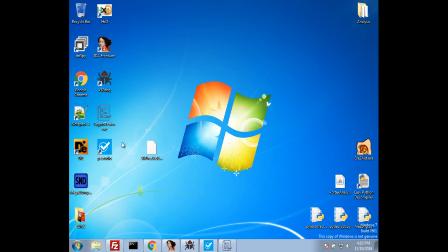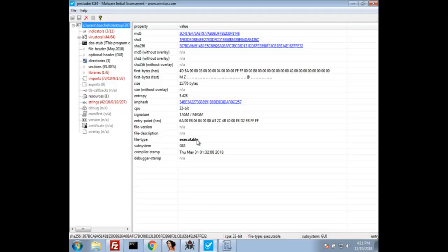So we'll start out with a quick static analysis in PE Studio. We'll confirm here it's an executable, maybe it has a GUI, it's 32-bit. Has low entropy, so it's probably not packed. Signature is actually an MASM, which is a compiler that's a little more advanced. Combines C and assembly, so possibly we're dealing with a little more of an advanced actor behind this,